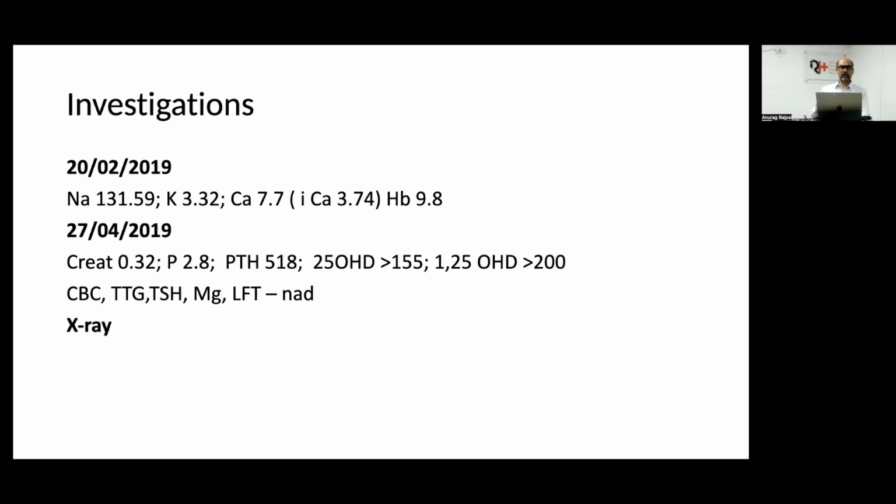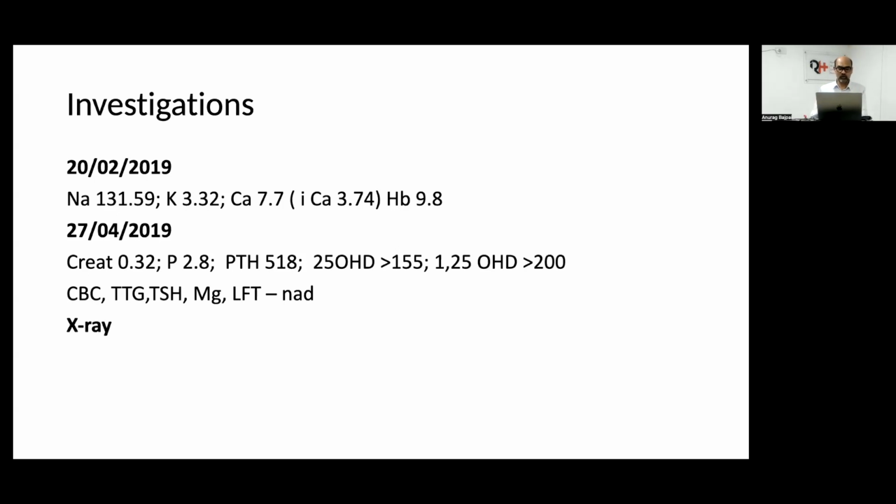At that stage, he had further investigations, which on the 20th of February 2019 was the first time he was in the clinic. He had initial investigations including sodium, potassium. The calcium was low initially, and his hemoglobin was 9.8, borderline. His creatinine was normal. As mentioned, that initial workup, creatinine, blood gas, that would be, in a case of refractory